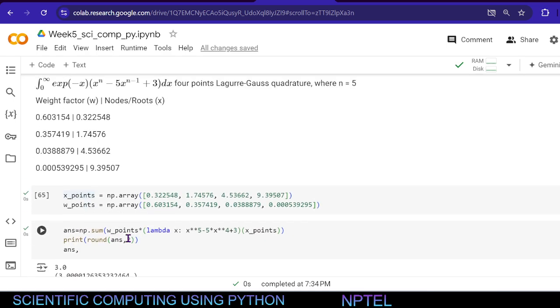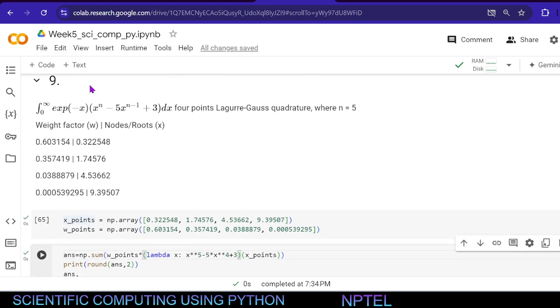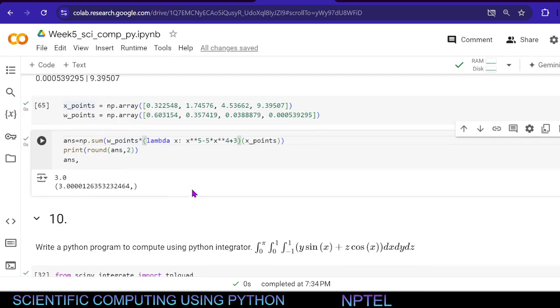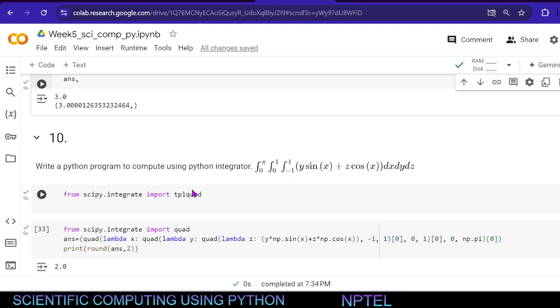And yeah, as one of you mentioned, we should not use e to the power minus x, right? Why? Because it is the weight in the Laguerre-Gauss quadrature, and the limits are also correct. That also we should check, right? It should be from 0 to infinity for this one. Right. The last question,